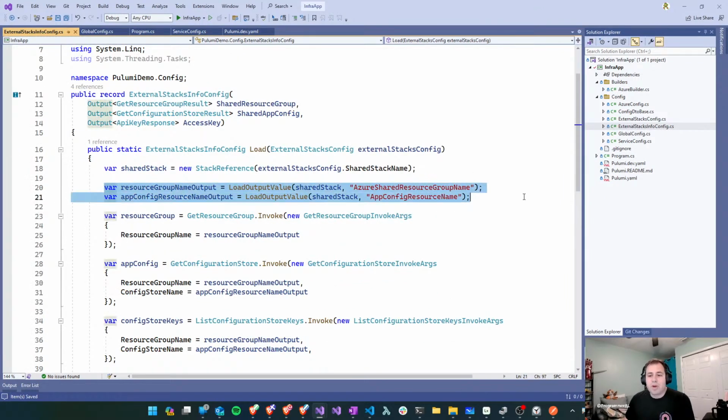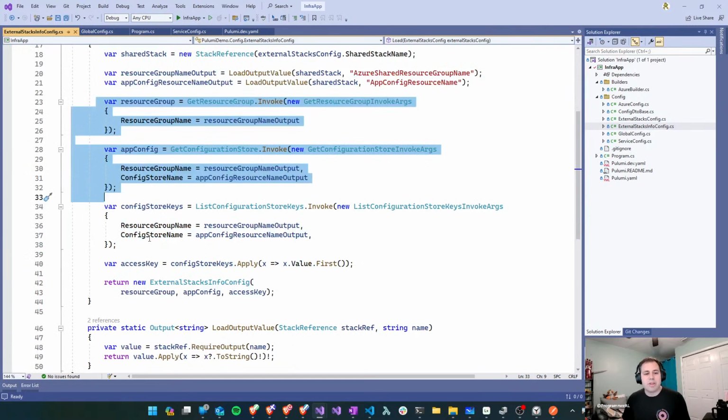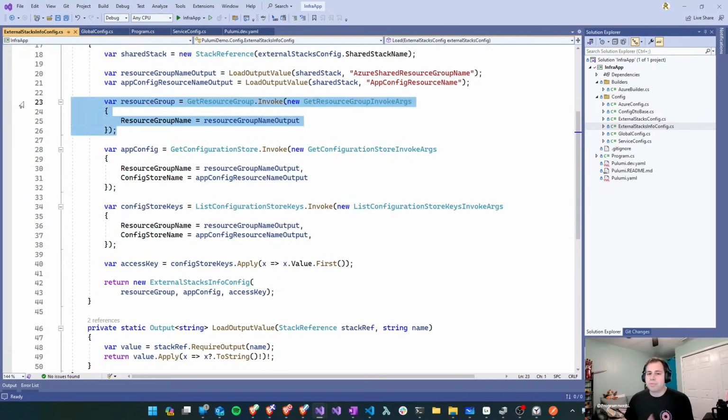So here we've loaded those values. But then right below that, now that I have the value, I can reference that Azure App Config. Well, why don't I load those? So let me load the values from there. Let me get the resource group, that parent resource group, and just make sure it's valid, because if I'm loading it, then I know that the actual resource group is a valid thing. And then,